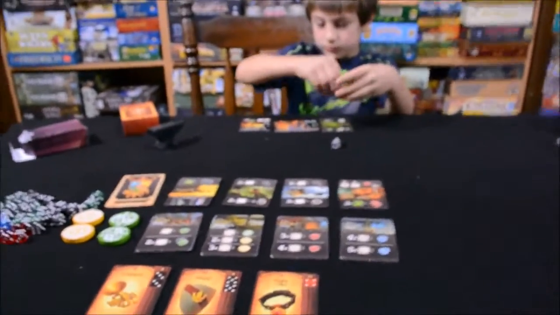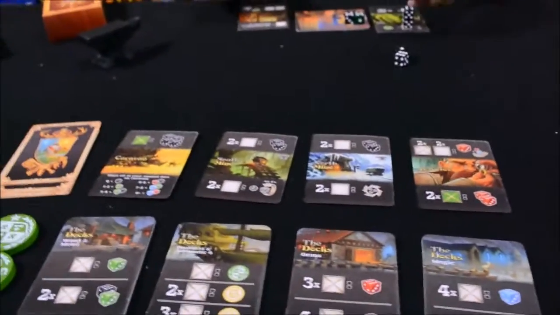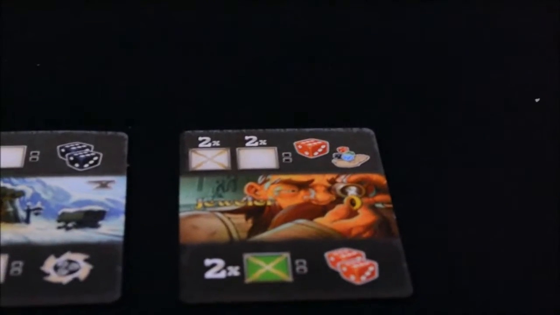Alright, so let's see here. My options now. I still do not have a green, so that is not a very good option. 2 for black, 2 for black, or I could gain that red right away and get it into my hand. See, that little icon there means I get to take that red and put it right into my available dice pool. And by doing that,